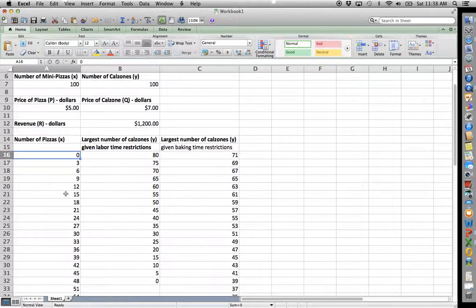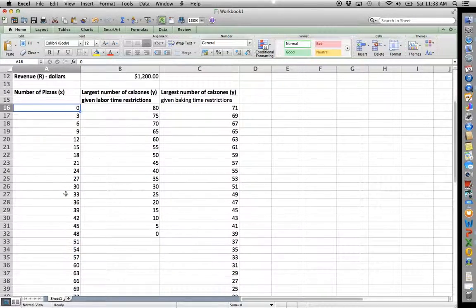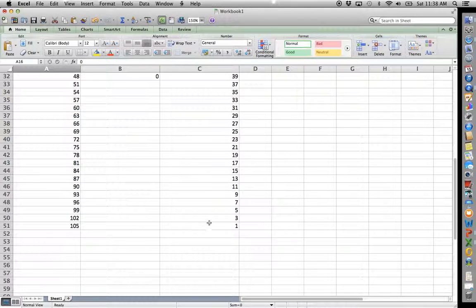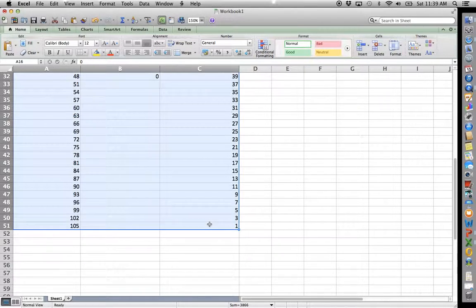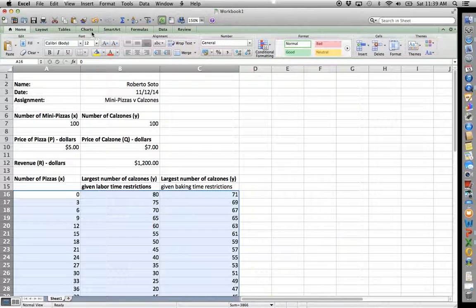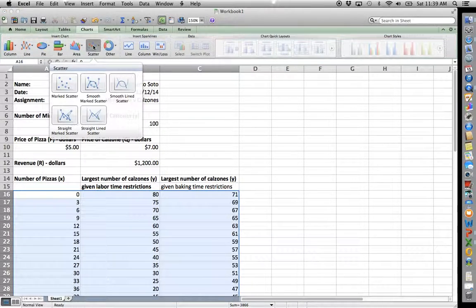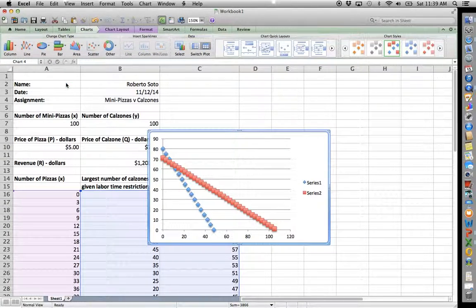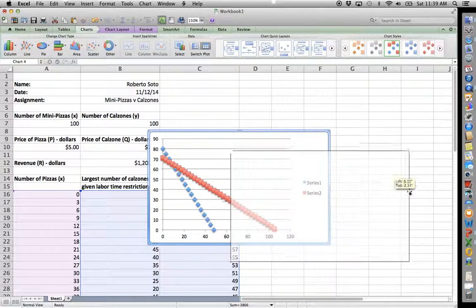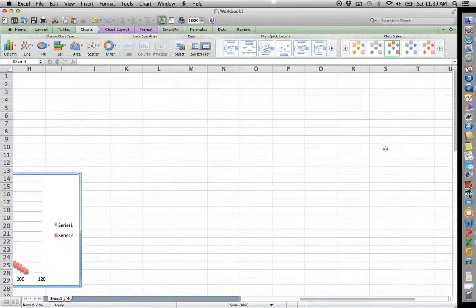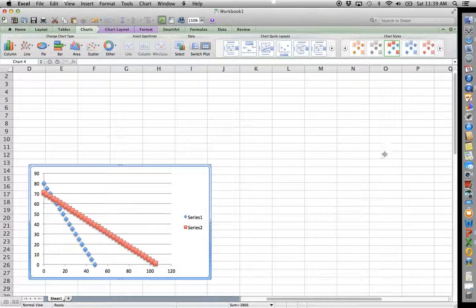Let's highlight from A16 all the way down to C51, all of this data. Let's go to charts and choose the scatter plot. And there is a scatter of the data. Now this is a little bit small for me, so I'm going to move it over to the right. Most of the work we're going to do is with this